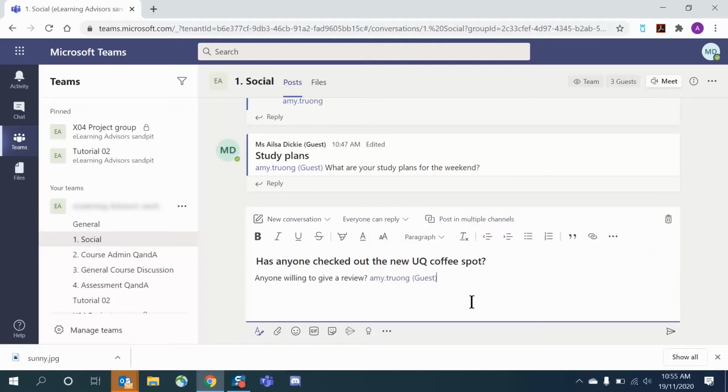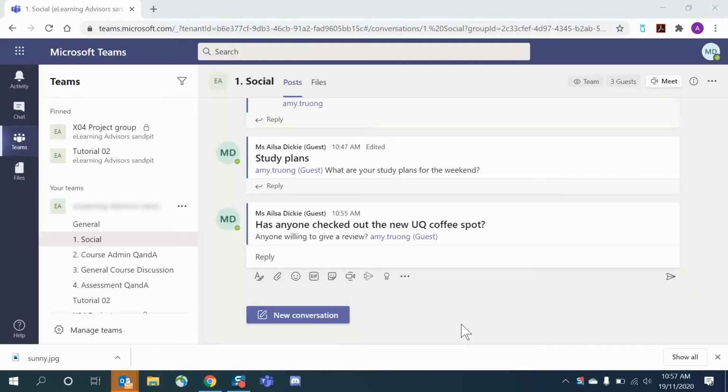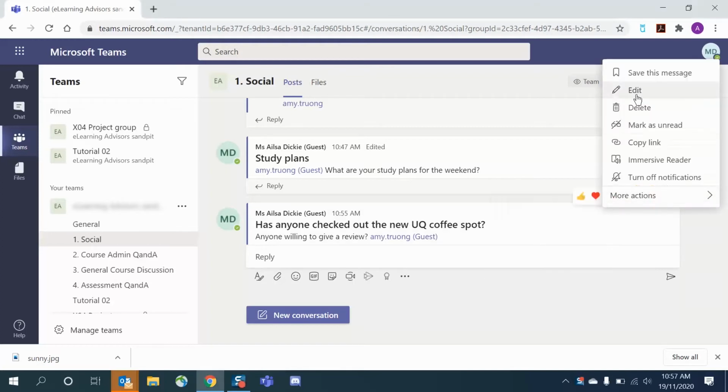Your course coordinator might also set up groups. So they might be a teaching staff group, for example. And post. You can also edit or delete posts. So I'm just going to edit this post